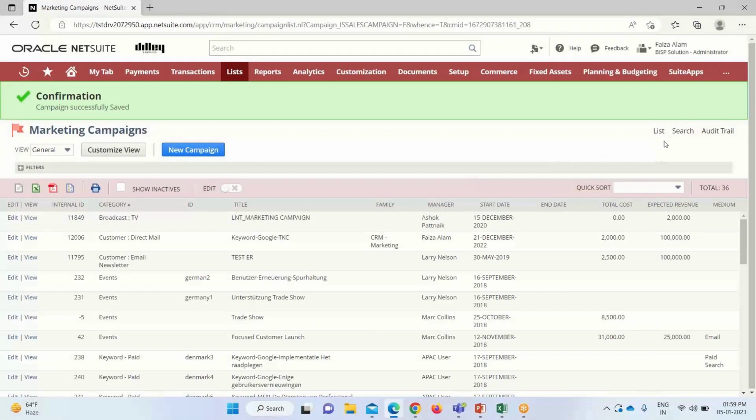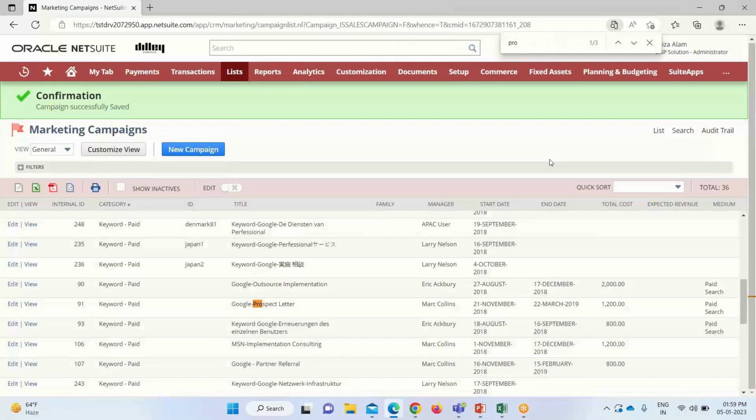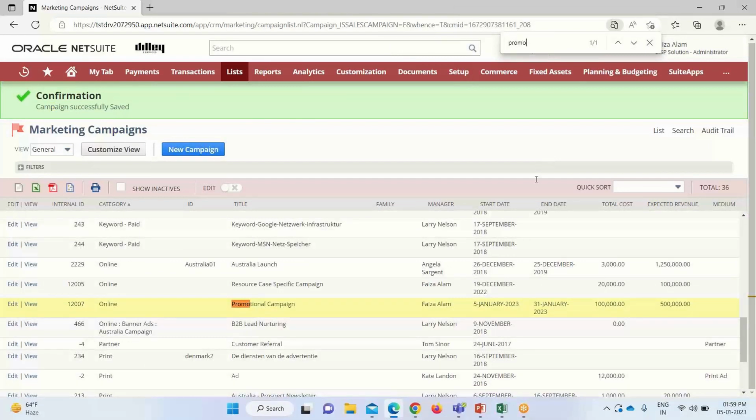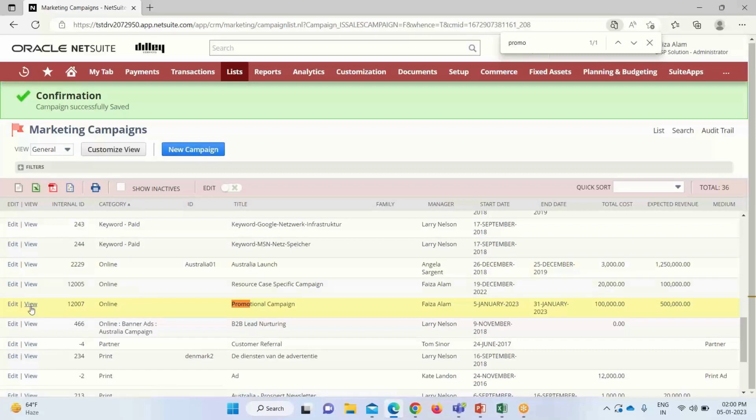Our campaign has been saved now. This is the one that we have created. Its name is there. We also defined the cost and expected revenue for it. If we go and view it,